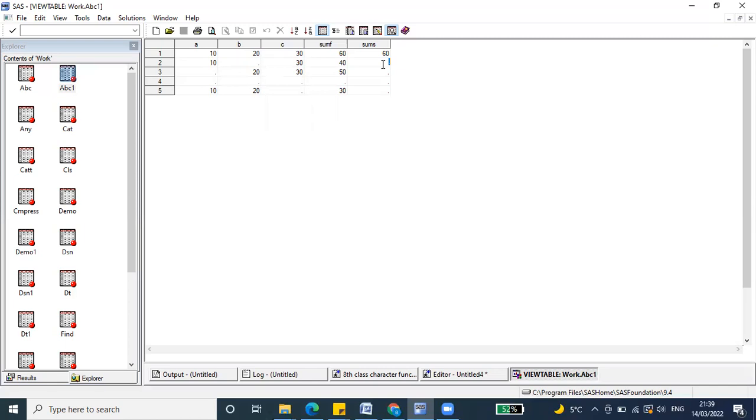It will just sum the non-missing values count. That's it. But when we are using the sum statement, it will always check how many arguments we are declaring. Those many arguments should not be missing. If anyone is missing, it will give the total value as missing. If any one value is missing, it will give the total value as missing, and at that particular time it